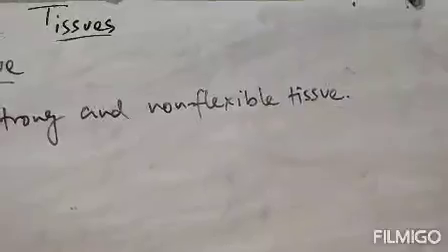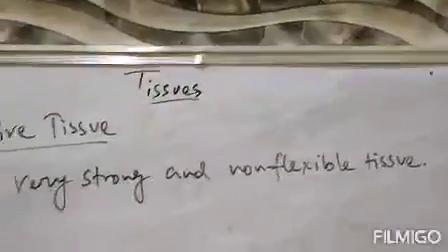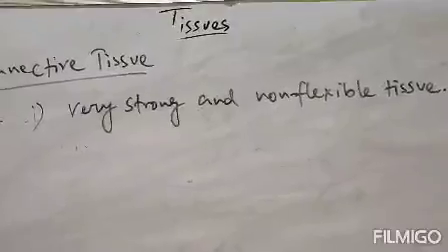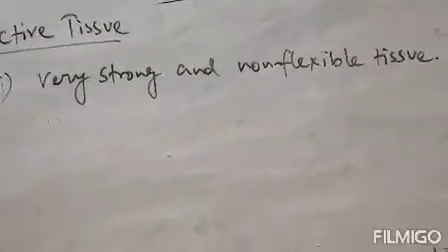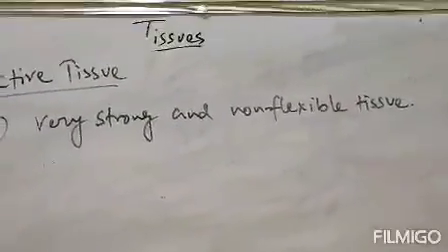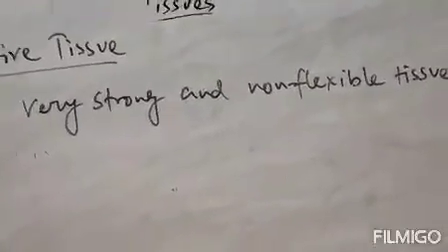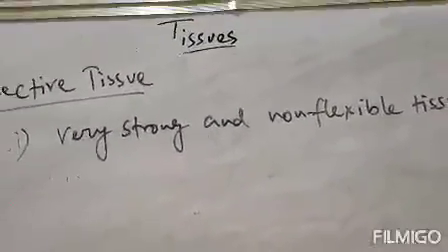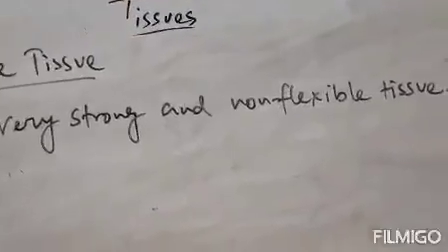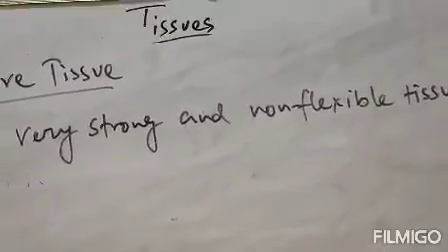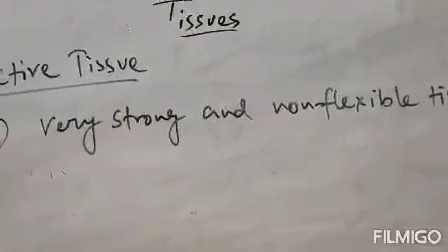Second point, it is highly vascular, hard and rigid. Number 3, it is made up of proteins. Bone is made up of proteins rich in calcium and phosphorus, rich in salts of calcium and phosphorus. That is the third point of bone, and it also anchors muscles and supports our main organs.